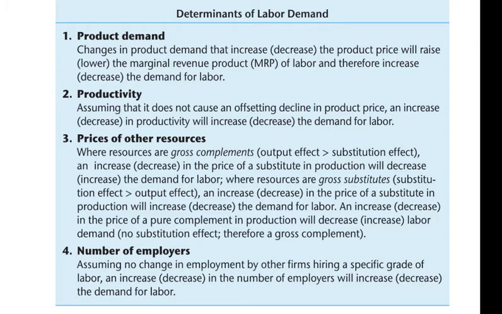On the other hand, if the other resource is a gross substitute, an increase in the price of the substitute input will decrease the demand for labor. Please think about examples to show which are the substitute inputs for workers and which are the complement inputs for workers. And number four, labor demand can shift to the left or to the right when there is a change